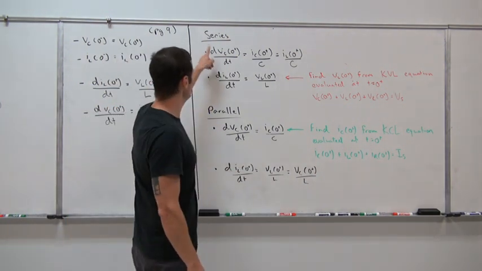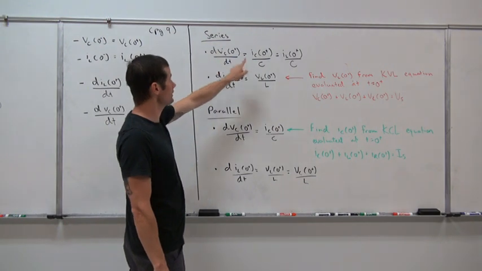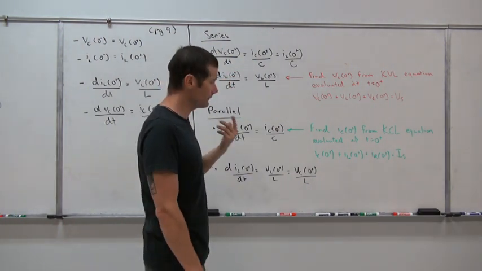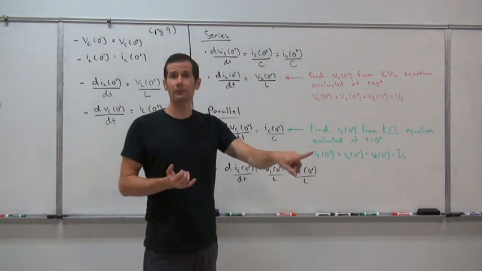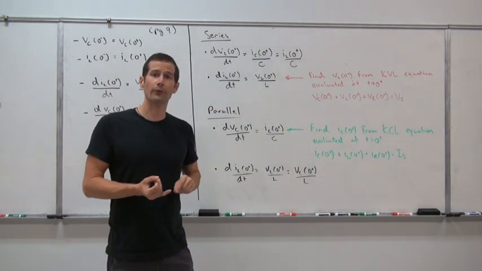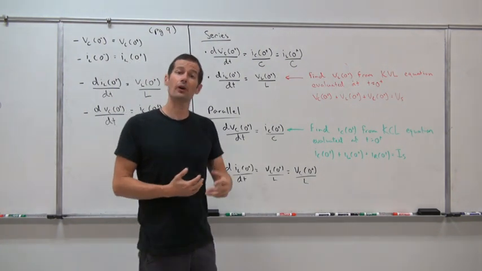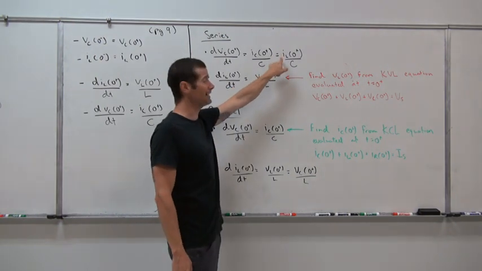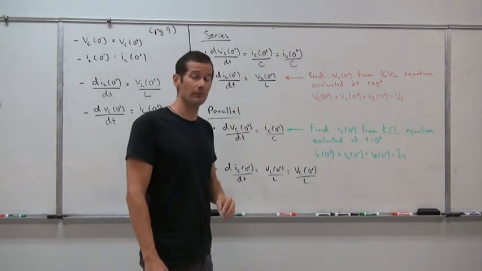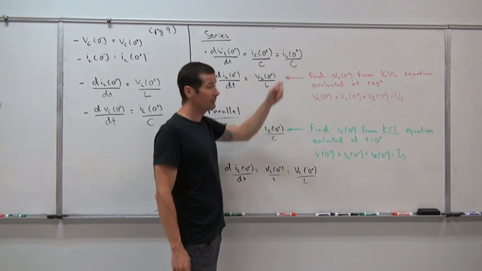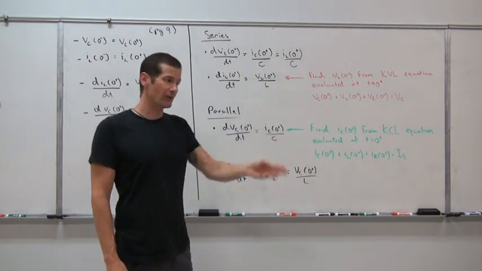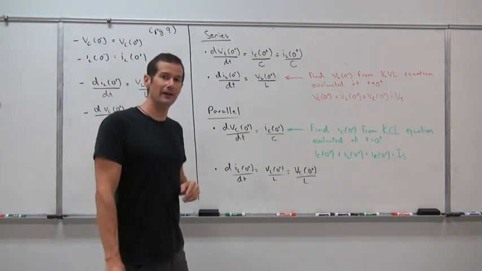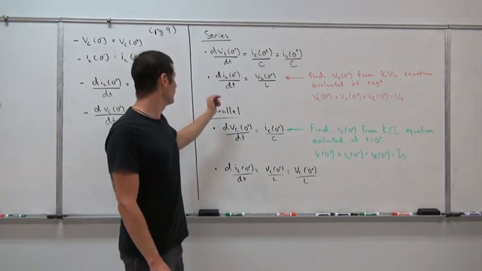Now, dVc of 0 plus over dt for series elements is equal to Ic of 0 plus divided by C. But for series elements, all the currents are going to be the same. So the current through the inductor is going to be the same as the current through the capacitor. So in this case, Ic of 0 plus divided by C is equal to IL of 0 plus divided by C because of that series nature. Series elements have the same current, obviously different values for voltage. For here,